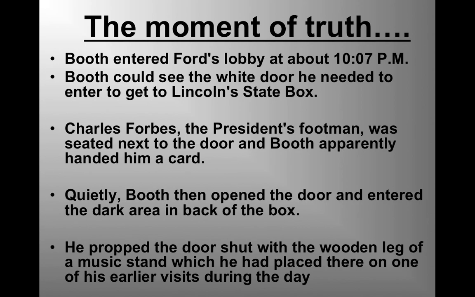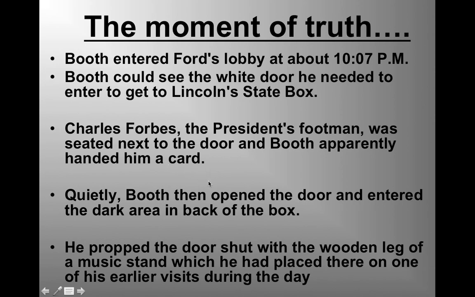Now, if you're Charles Forbes, you're probably thinking, well, I'm one line of defense between the President of the United States, but I've got John Parker also behind me, and he's guarding another door. So it'll probably be okay if I just let this John Wilkes Booth guy, this famous actor, who's known fairly well throughout the United States, back there. He probably needs to get his mail, or pick up a script, or he probably just needs to get backstage. It just kind of makes sense. So Forbes lets him into the area, and Booth now has nothing between himself and Abraham Lincoln.